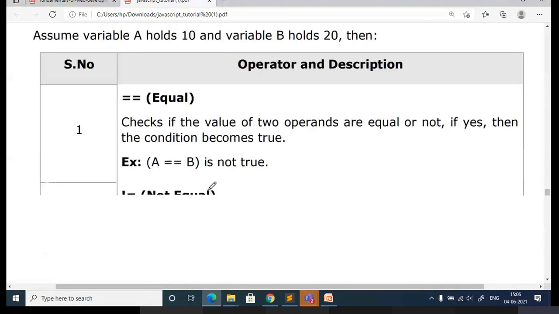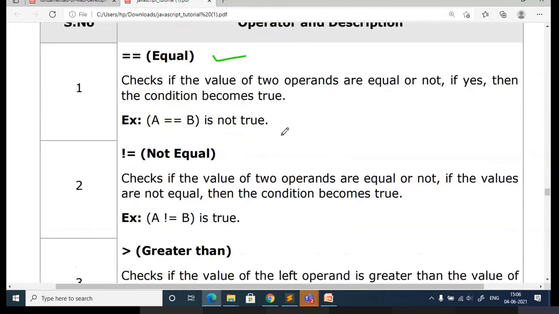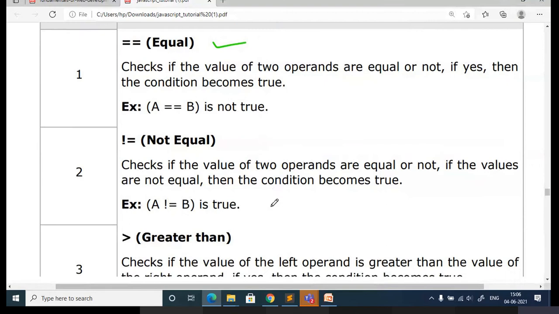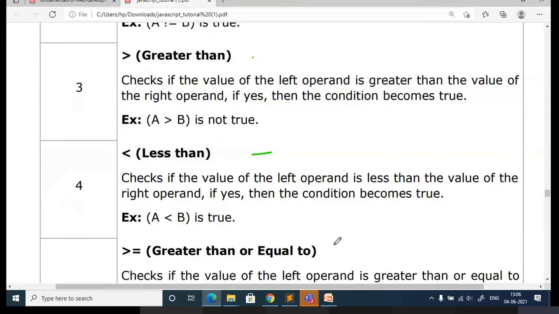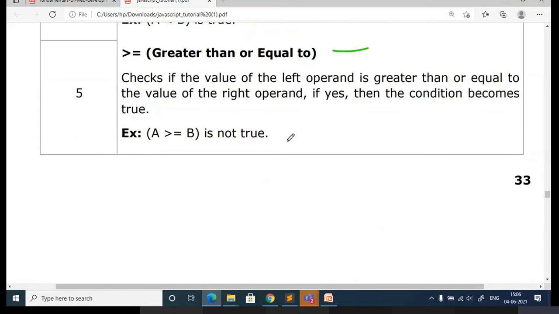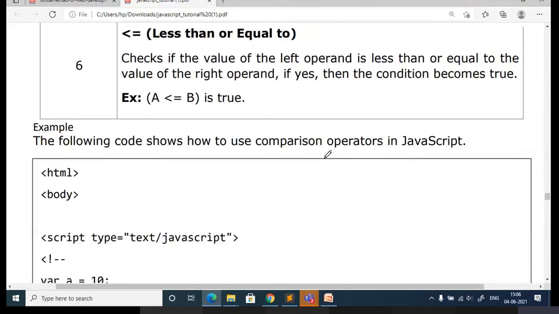Then comparison operators. To compare two numbers or two operands, whether it is equal or not, you can just use this. And not equal to, greater than, less than, greater than or equal to, less than or equal to, you can just use.